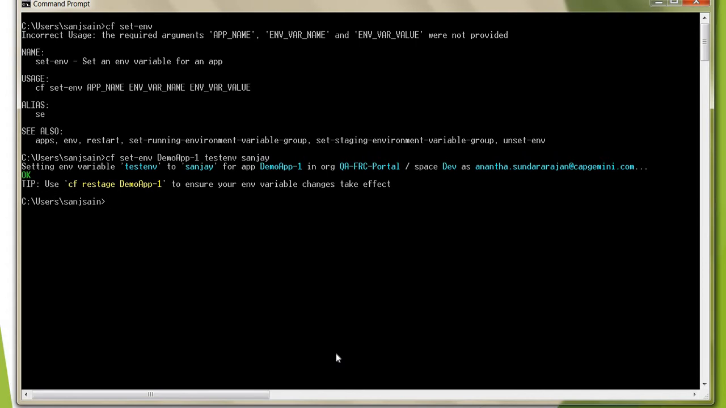So here the environment variable has been set, and it is saying please use cf restage for the app. As I told you when we were running the restage command on an application, restage is used to bind the environment variable to that application if we are setting any new environment variable. If we look at the environment variables of this app currently, it will not show the test-env variable with this app. Let me show you, cf env